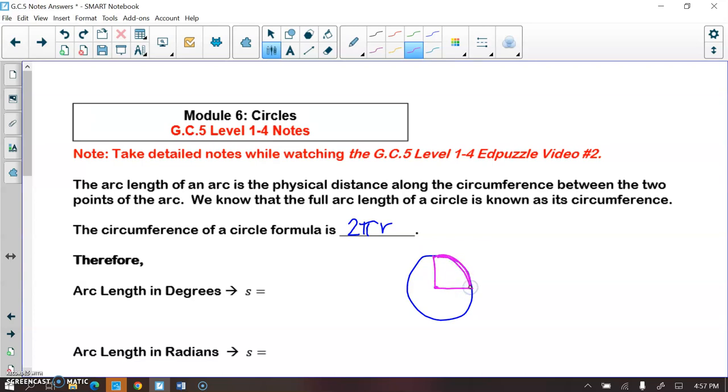And so what we would need to do to find a portion of our circle's circumference is take the amount of degrees that our arc is, divided by a full circle of 360, and then we would just multiply that by the circumference formula,